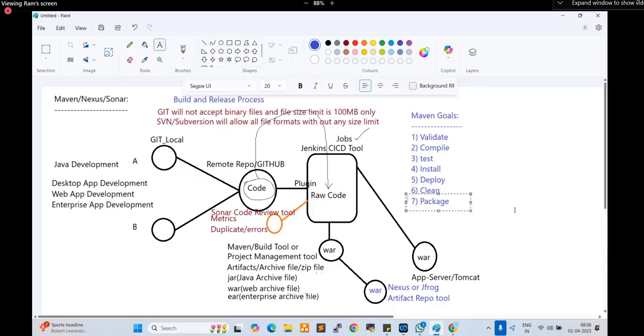Convert into a WAR file, JAR file, or EAR. Package is nothing but converting to the respective artifact. Convert into a package, one package, right? So these are the seven important Maven goals, right? Yeah. Now,